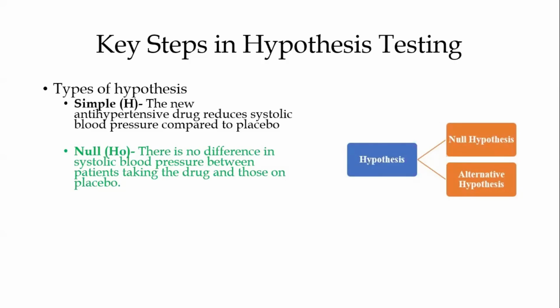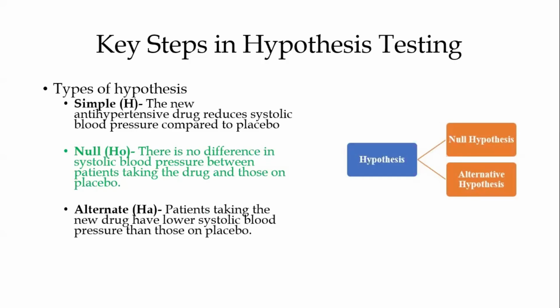So the null hypothesis for this case would be that there is no difference in the systolic blood pressure between those who are taking the new drug and those who are on placebo. The opposite to that would be that there is a difference, that those who are taking the new drug would have a lower blood pressure compared to placebo. So the positive way of putting this null hypothesis is what is referred to as the alternative hypothesis or the alternate hypothesis. So we're saying that patients taking the new blood pressure drug would have a lower systolic blood pressure